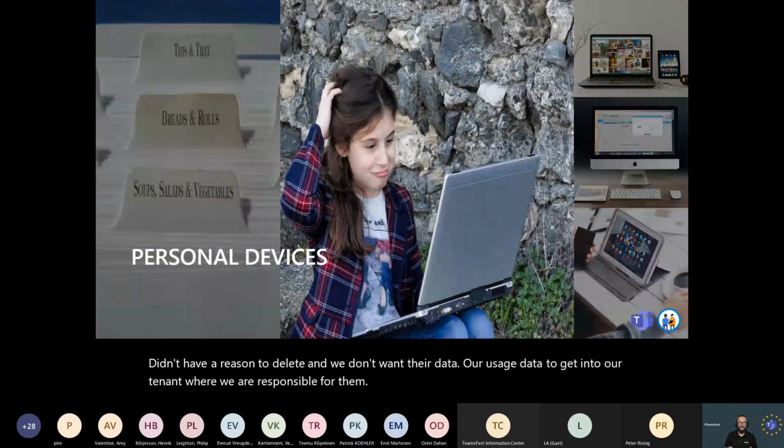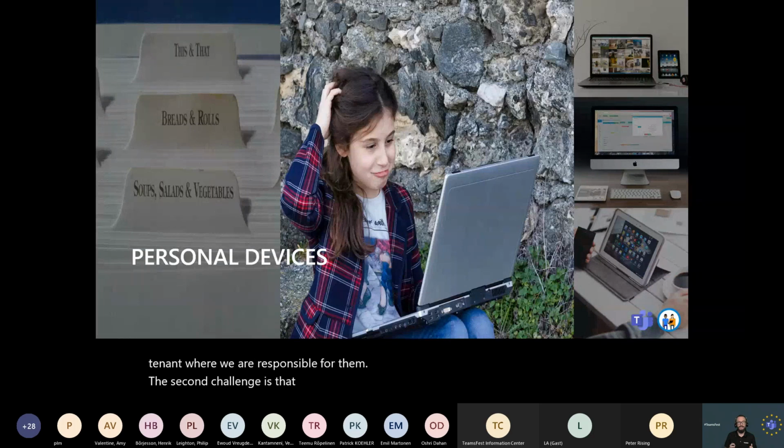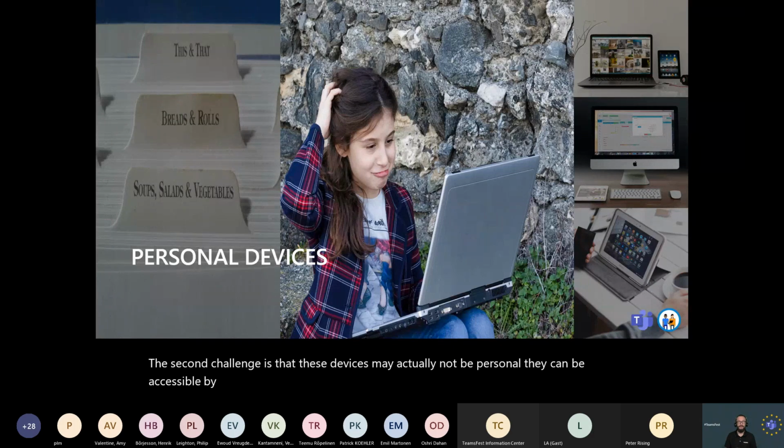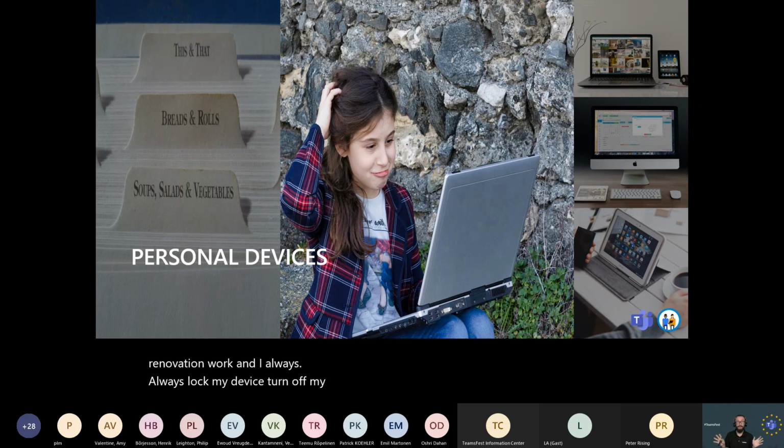The second challenge is that these devices may actually not be personal. They can be accessible by anyone. I've had builders in my house for two weeks doing some renovation work, and I always lock my device and turn off my screens when I'm not there working. It's the same when my wife or my daughter is home.